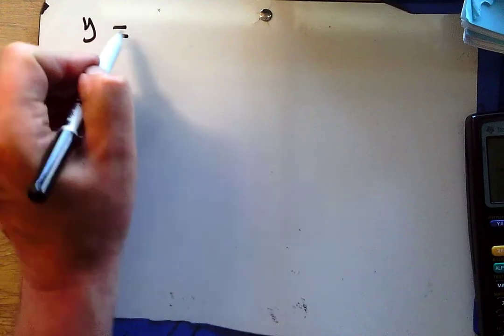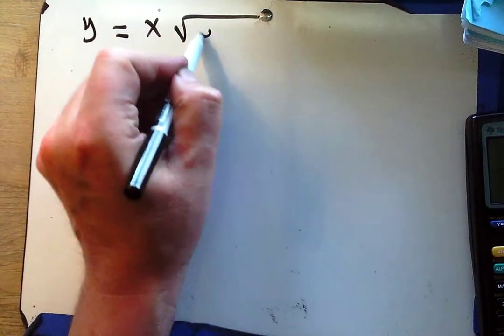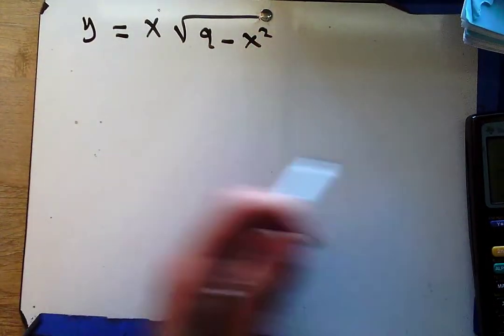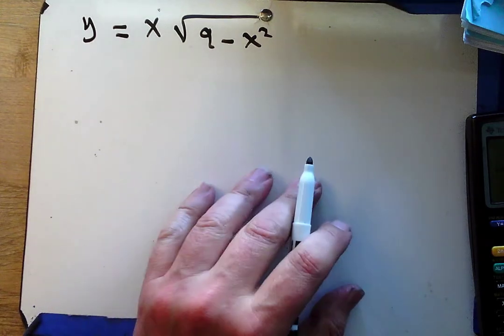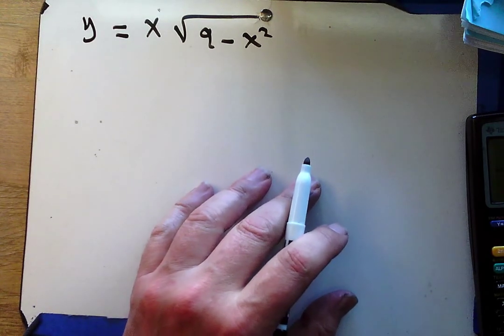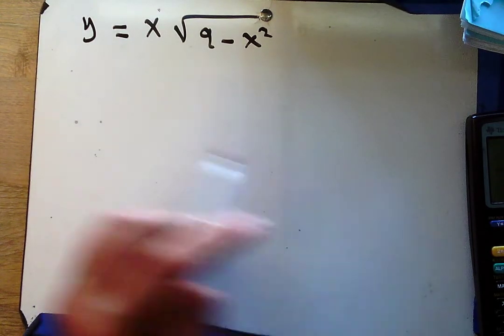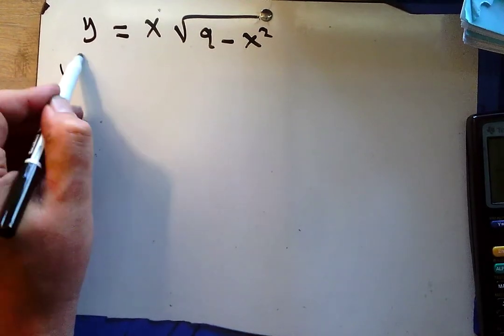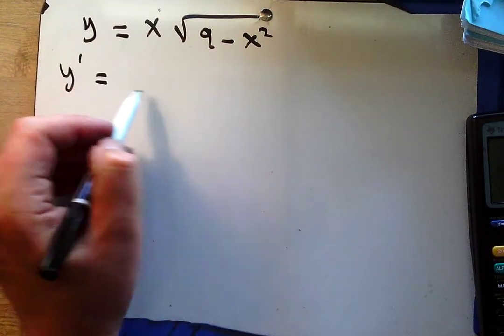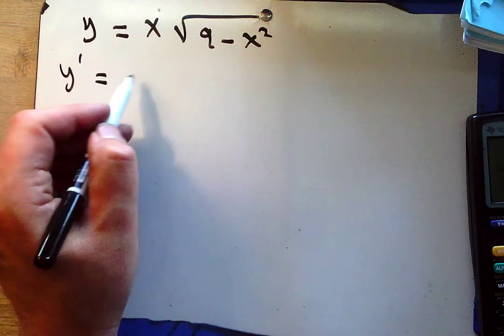All right, I think we should do one last question. I think that one should be y equals x square root of 9 minus x squared. Okay, will you go find all the stuff and come back when you're done? Okay, welcome back. So if I'm looking for maxes and mins, increasing and decreasing, I need the derivative of this,